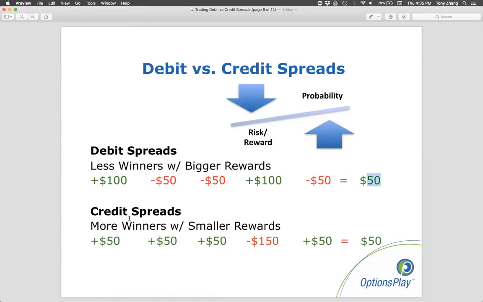And on a credit spread, what I have is just a slightly different risk reward and slightly different probabilities where I have 4 winners. Each one of them I'm winning $50, but I have 1 trade that I lose $150 on. And my net result is still the same. I still make that $50 profit at the end of the 5 trades, but it's just a different path to that same $50 reward. So it's not like one strategy is better than the other. It's just a different path to what I consider relatively similar